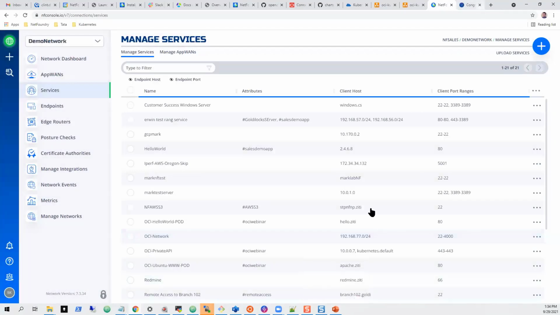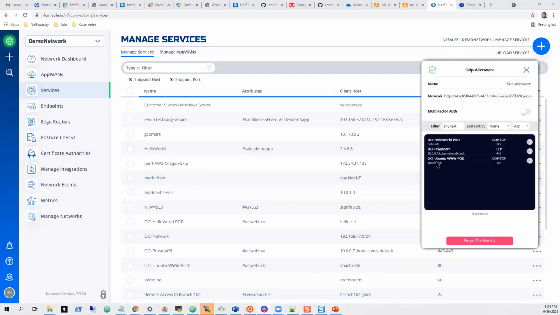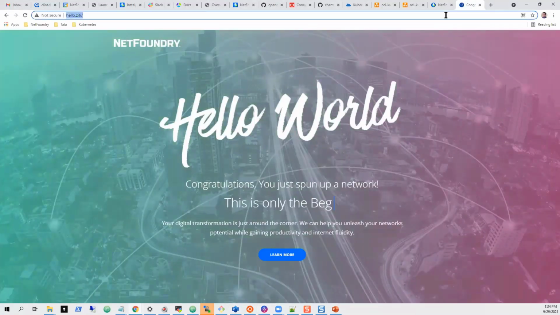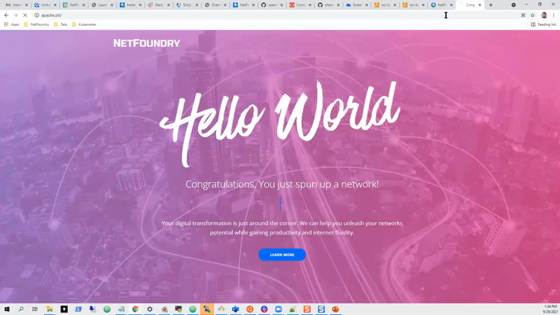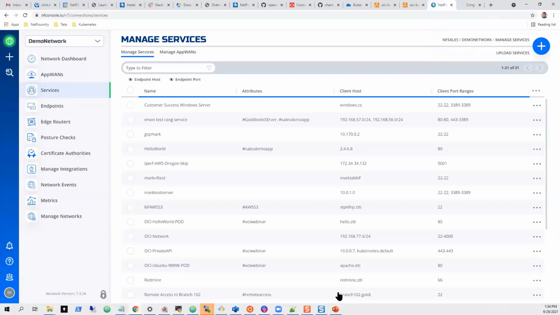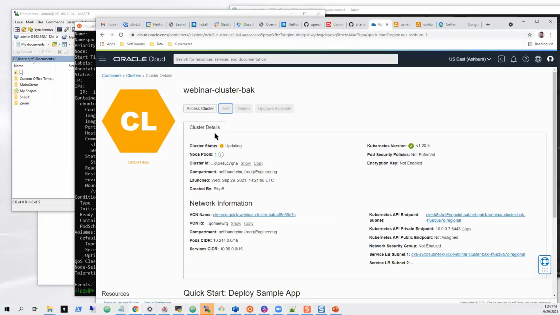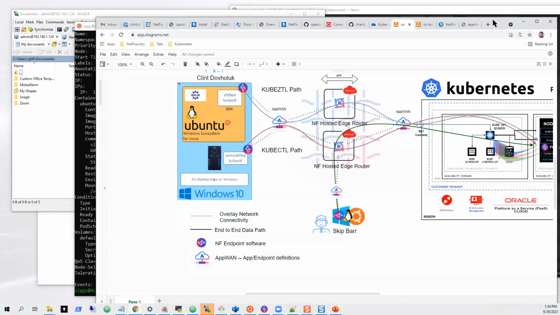And I can come back over here. Once that hits, apache.zd should hit pretty soon. Then I can come over here, do the same thing. Might take a few minutes to get through the system. Sometimes it does. And at the same time, the public's going, he's still making his change. The public's disappearing. So now fully private managed remote Kubernetes cluster access and private API. So that's kind of what I want to show you.